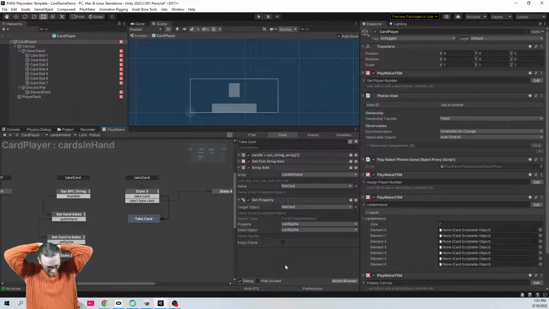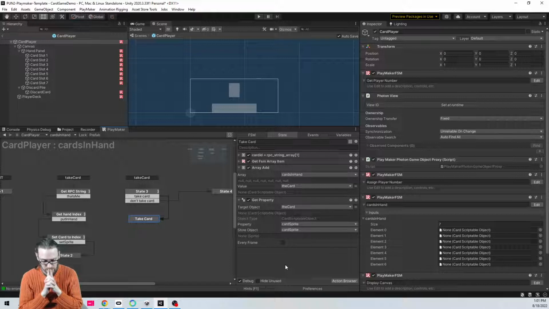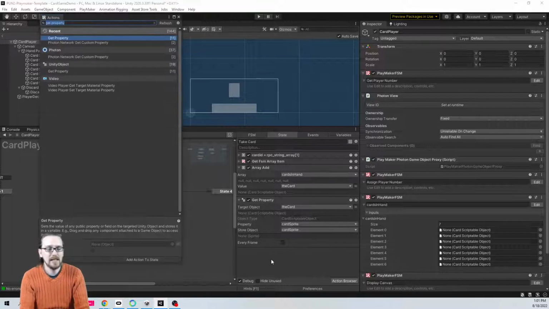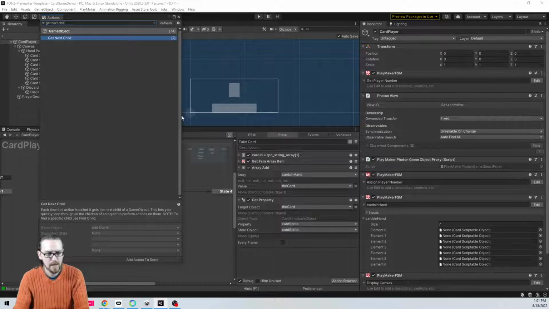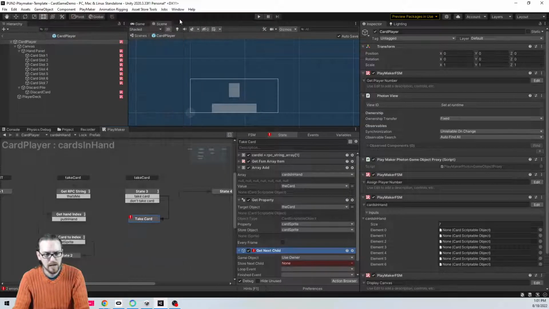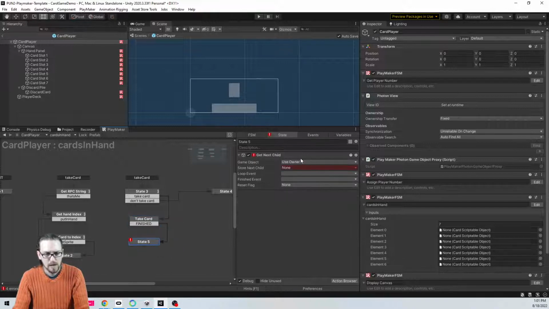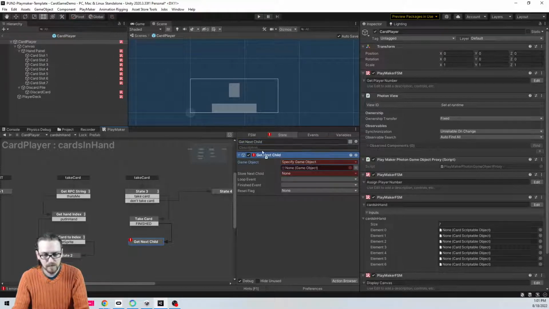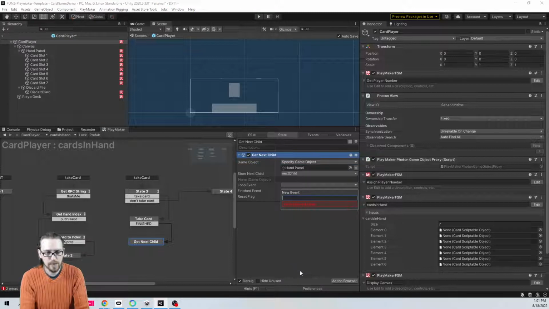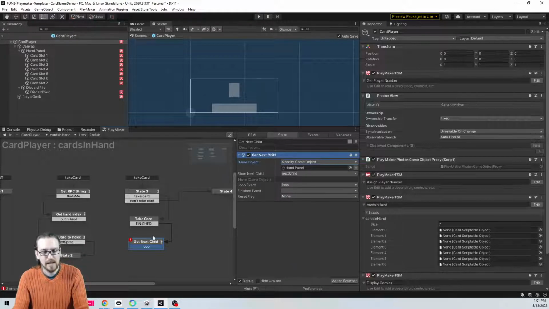And so now, in our hand panel, we're going to do an interesting loop. There's probably a much better way to do this. Let's do get next child. But we're going to come down here. Add transition finished. We'll copy this, put it in state so we know what it's called. We're going to get the next child of the hand panel. Let's store it as next child. And let's loop. And in this loop,